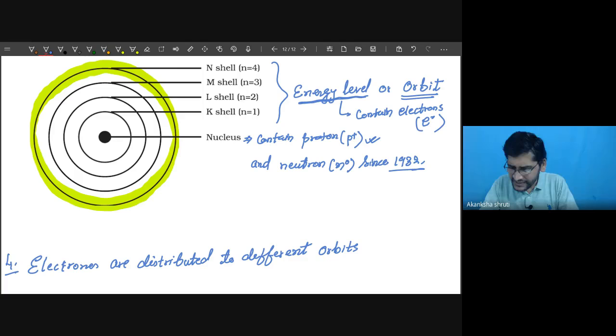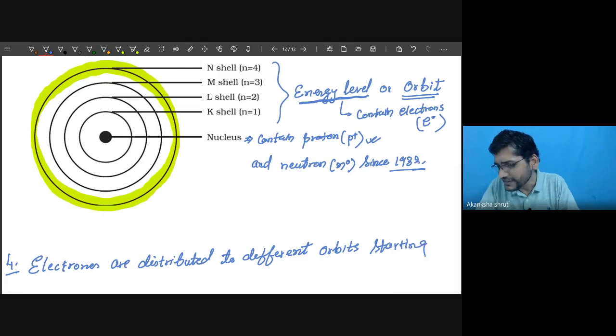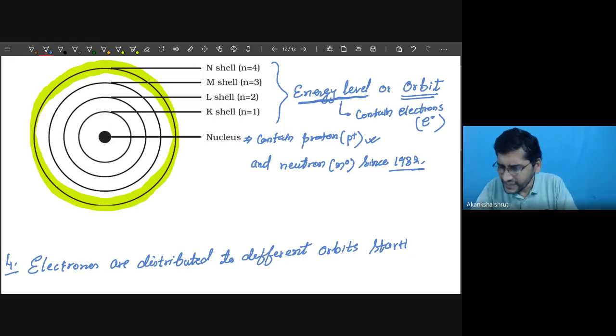So electrons are distributed to different orbits, starting from which one? Anything tries to attain the minimum energy state, starting